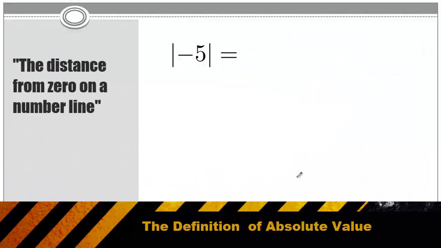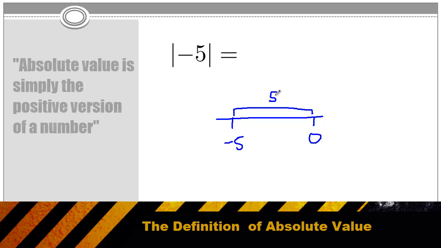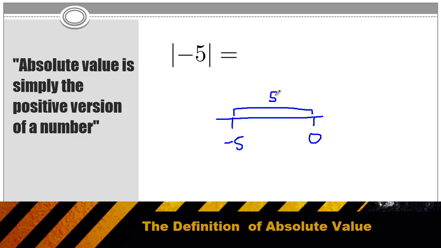Absolute value is the distance a number is away from 0 on a number line. For example, if we want to illustrate the absolute value of -5, we can write our number line, we have 0, and then we have -5. And we can see that -5 is just 5 away from 0. Because there is no such thing as negative distance, the absolute value of a number will simply be the positive